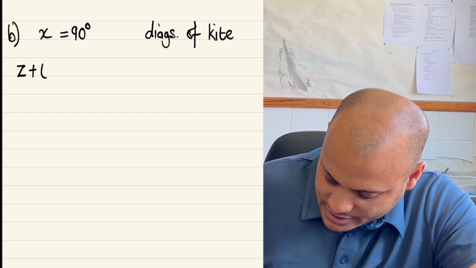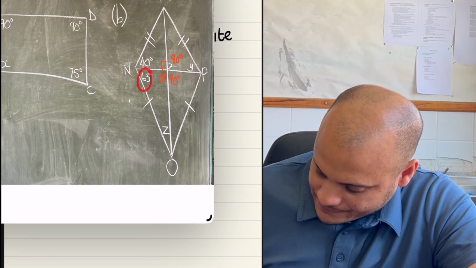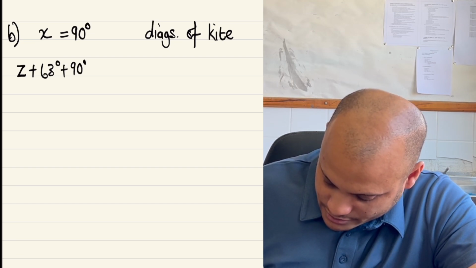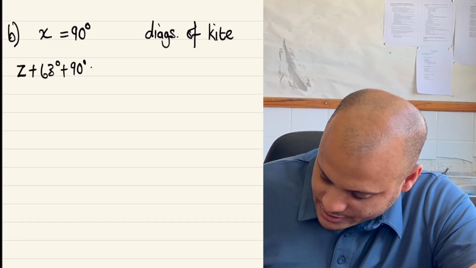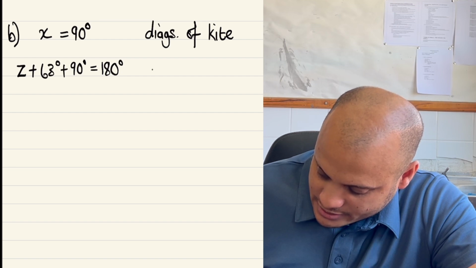So Z plus 63 degrees, which is that one there, plus the 90 degrees, which is this one here. All of that must be equal to 180 degrees, and my reason is interior